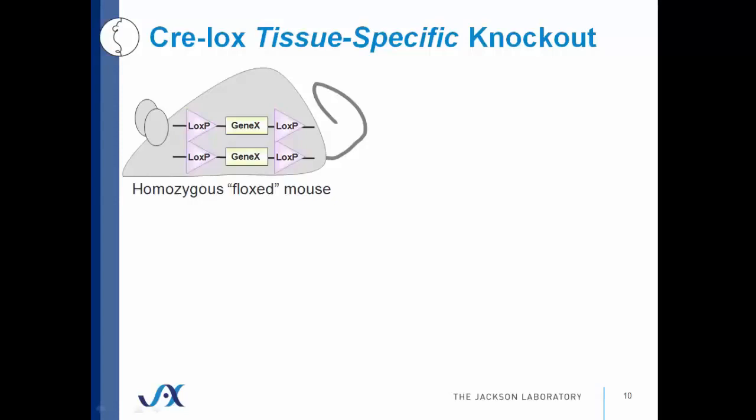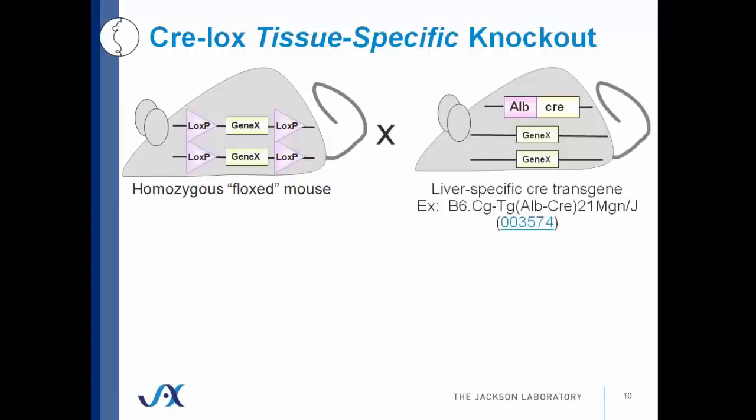A lot of people call them floxed or flanked by LOXP. And just in case, I want to make you aware of that, sometimes I use either flanked by LOXP or floxed when I go through this. So the first cross in generating a tissue-specific knockout is you cross your homozygous flox mice to your Cre